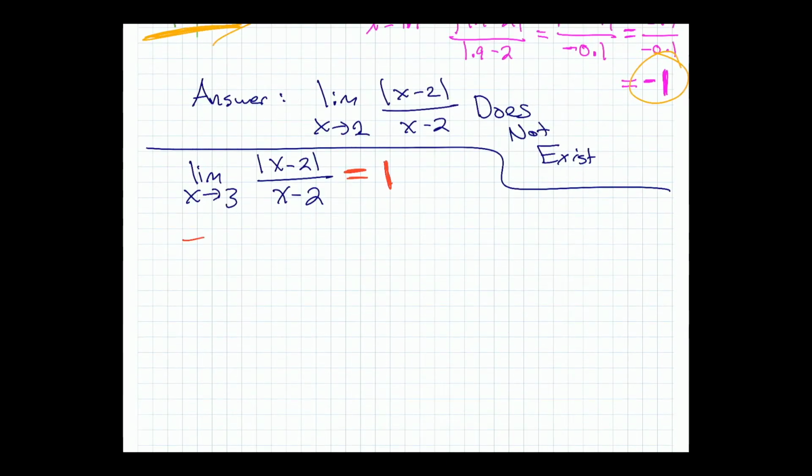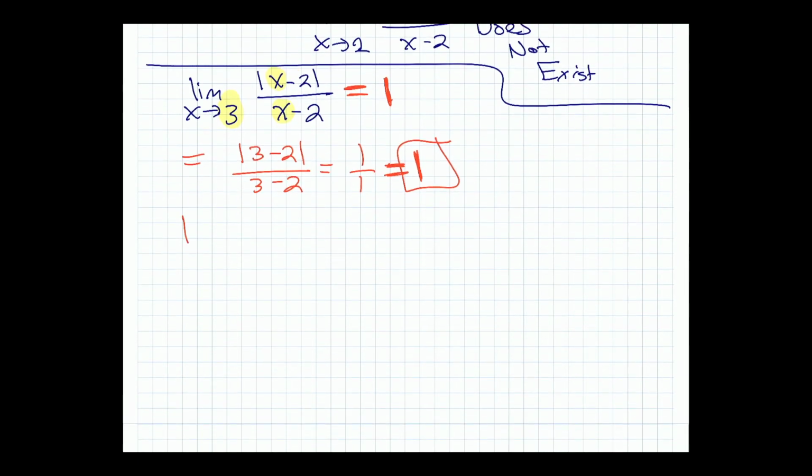Or, without the graph, you could just take this 3 and plug in the 3. And you would get absolute value 3 minus 2 over 3 minus 2, which is 1 over 1, which is 1. Okay? Now, why am I allowed to just plug in x equals 3 there? There's a theorem, which they don't actually give you right away, but it's important to know, which says